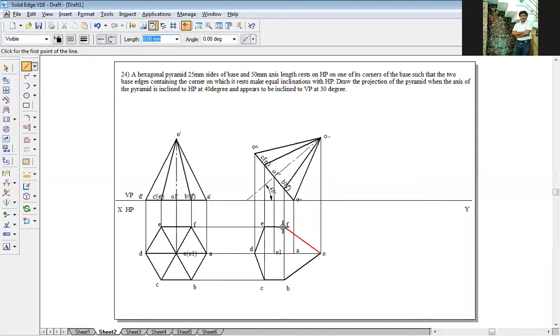Go to dotted line style, F to A to B. Again, O to A. This should be a dotted line. The next, O to EDC. EDC is far away from the XY line comparative to A. So those lines should be drawn dark.